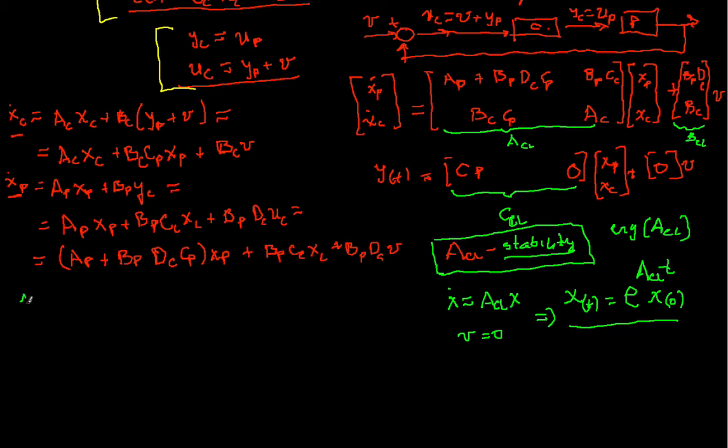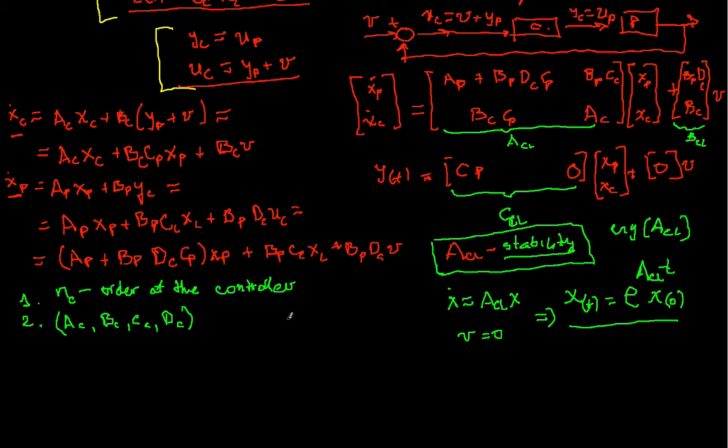Also, we see that we have two important things that we can change in the controller. First is the controller order, NC. So order of the system, controller, and second one, entries into AC, BC, CC and DC. Essentially, parameters which are within the matrix AC, BC, CC and DC can be changed also as another degree of